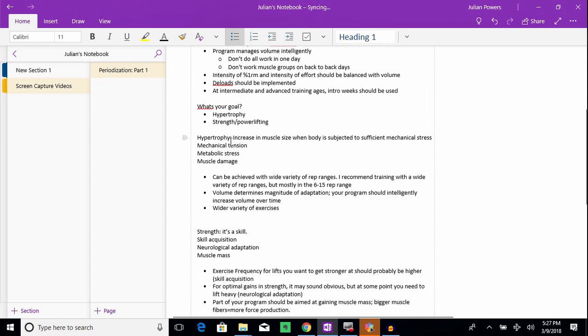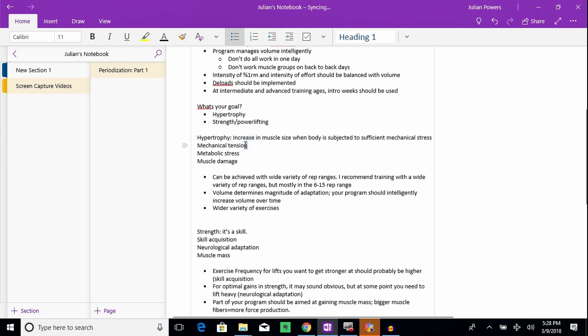It's an increase in muscle size when the body is subjected to sufficient mechanical stress. And what types of mechanical stresses can we implement to cause some form of muscular hypertrophy? Those three things are mechanical tension, metabolic stress, and muscle damage. Now,